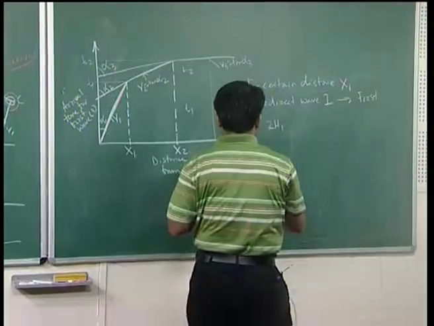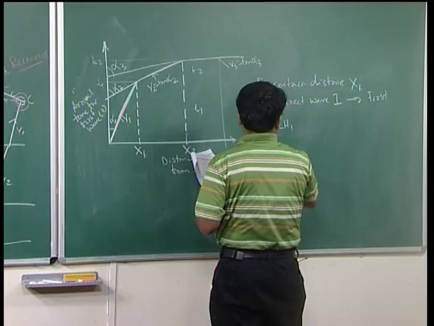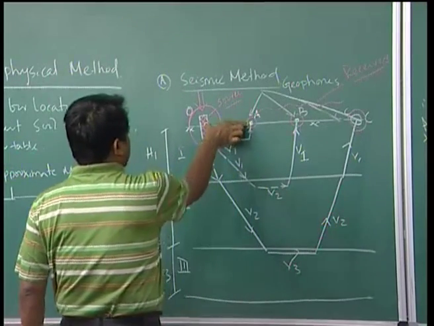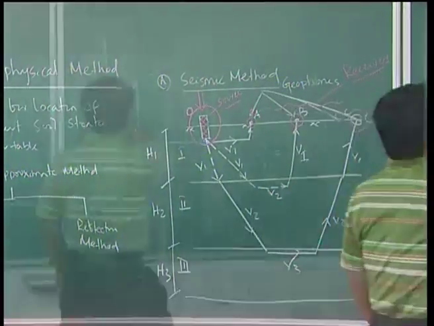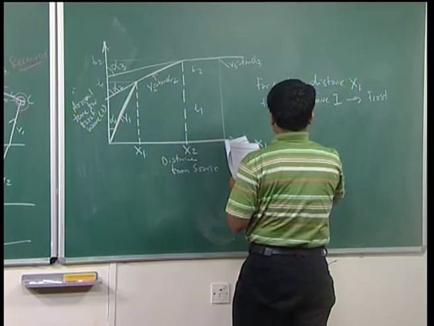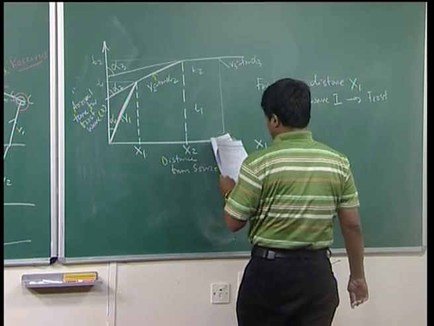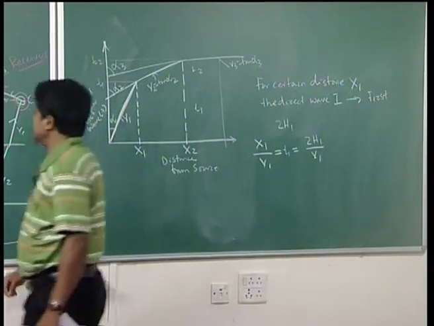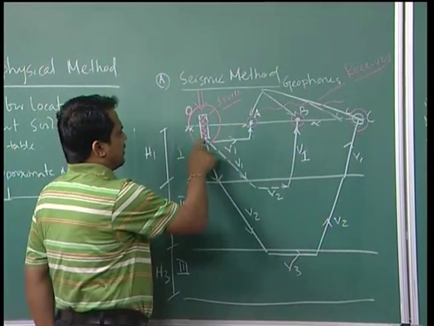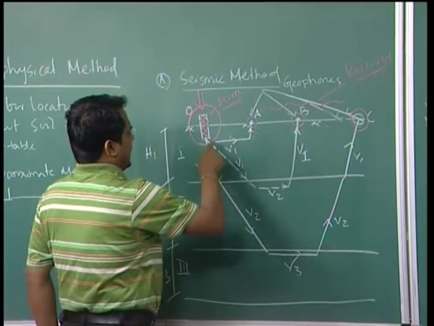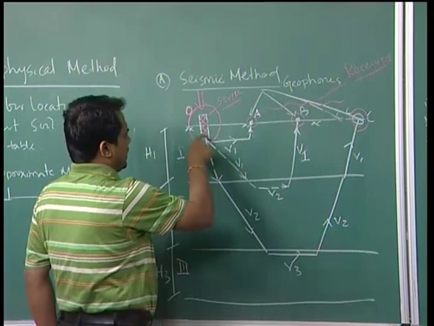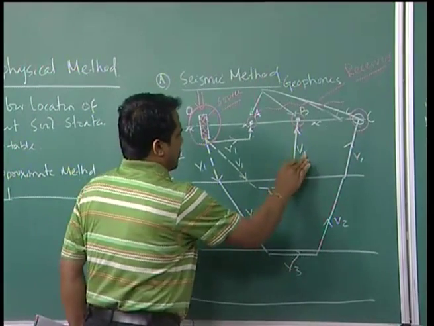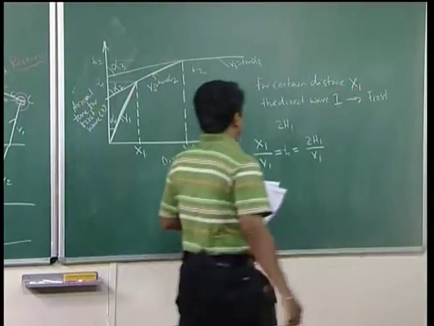Now, if I write x1 by V1, where x1 is the distance travelled from here to here, by V1, that is your time t, which is also equal to 2 h1 by V1, because in case 1 you are getting the direct wave, in case 2 the wave from the source travels twice at the velocity V1. So it will be 2 h1 by V1